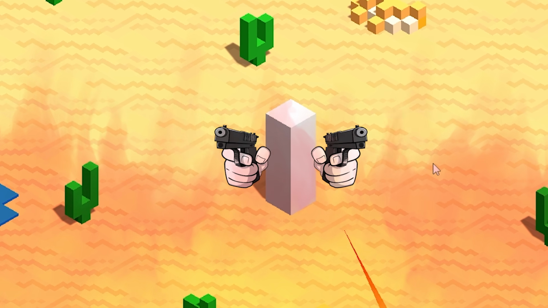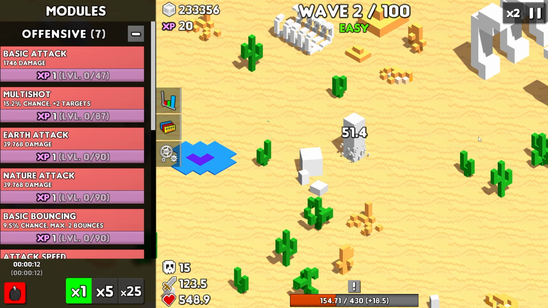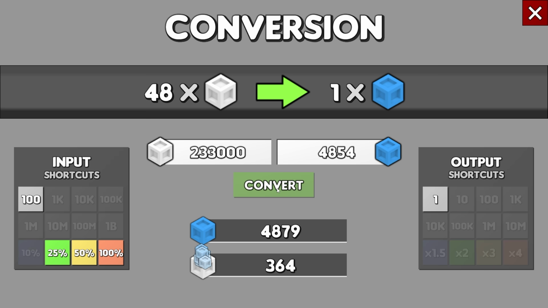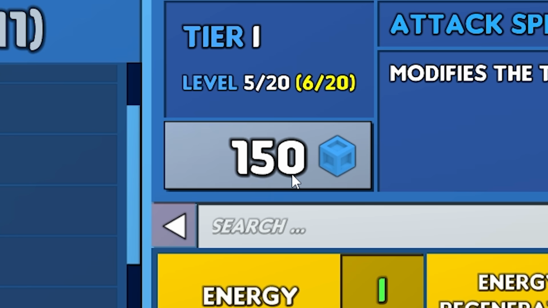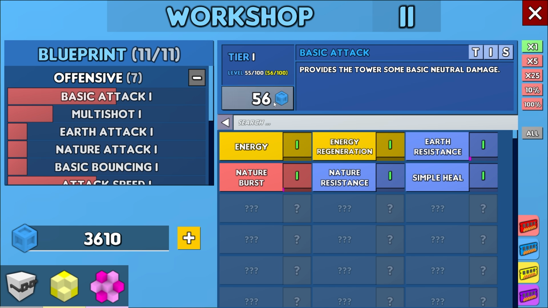Today we're gonna make the most dangerous rectangle the universe has ever seen. And luckily for us, we've already saved up lots of money for upgrades. I've saved up about 5,000 blue things, which is a lot considering expensive upgrades cost 150 currently. So I'm just gonna disperse this amongst my best skills like simple attack damage or multi-shot, plus a little more